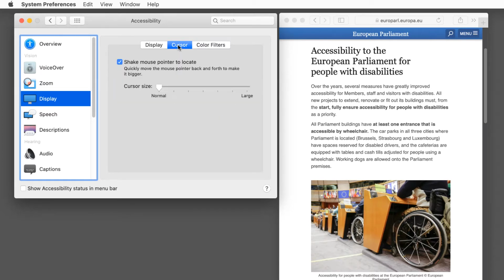You can increase or decrease the size of the mouse pointer, which is not only useful for people with visual impairments. This can be useful for many users, especially those working with larger, high-resolution monitors to help them find the position of their mouse pointer. If you cannot find the position of your mouse pointer on screen, you can activate a feature that will increase the mouse pointer size when shaking the mouse.